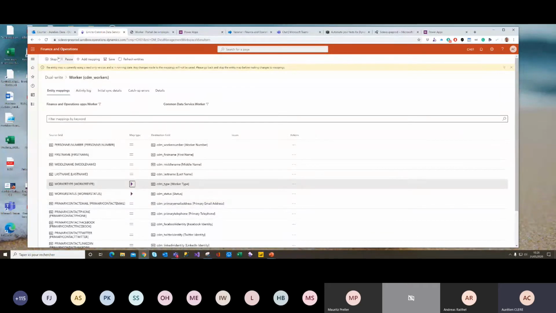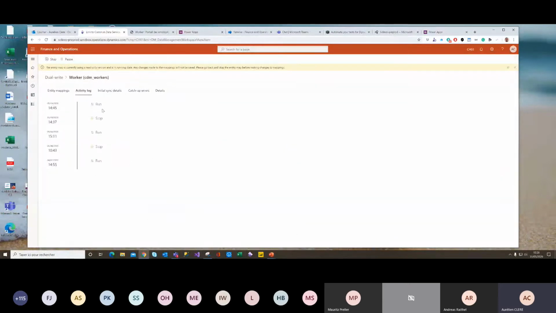You can also stop, because this one, you can see, is already in a live sync. So every time I change a worker on CDS or in finance operation, it's directly synced. But you can stop or pause a mapping at any time if you have some errors.